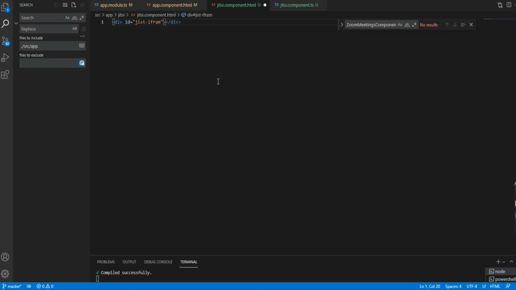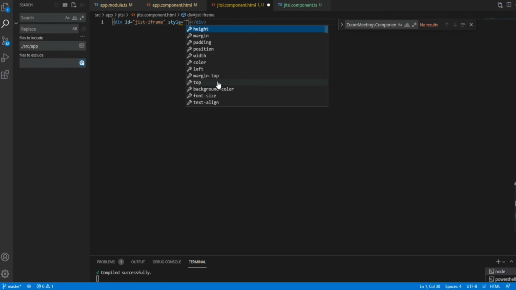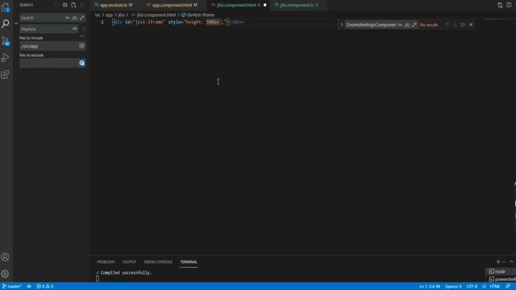So first we need to give an iframe, id is equal to first iframe. Actually I am giving a style here anyway, style of height and width.